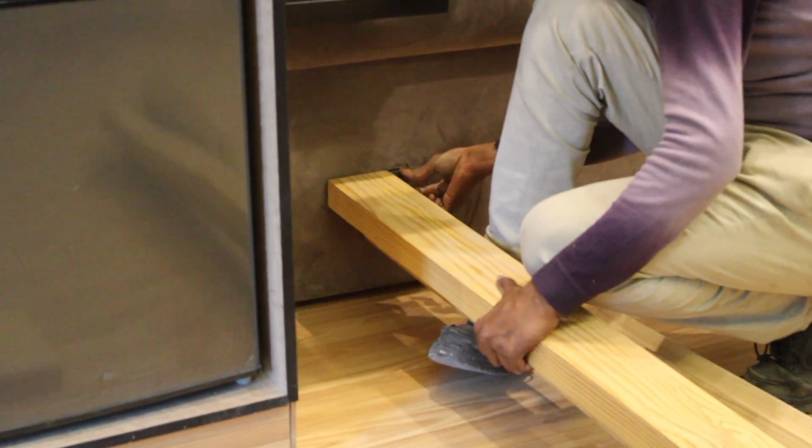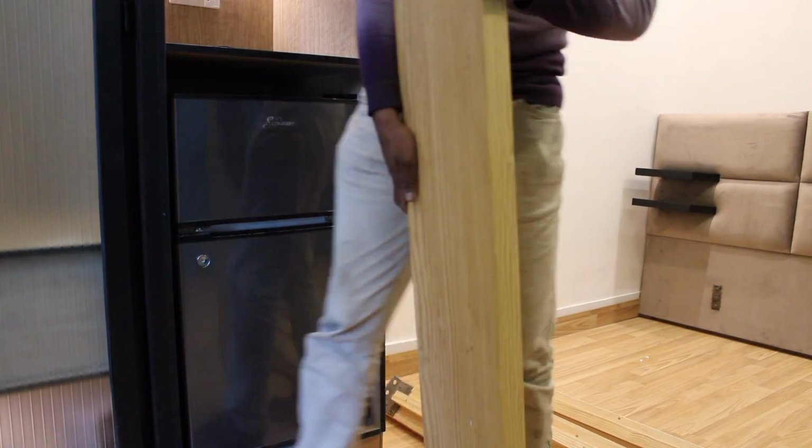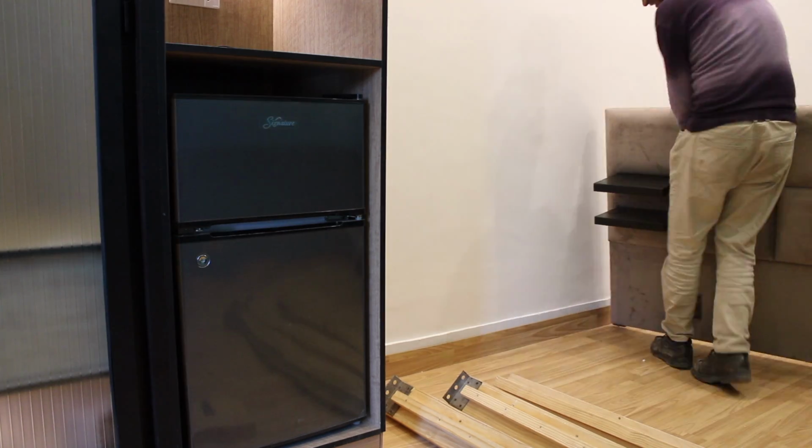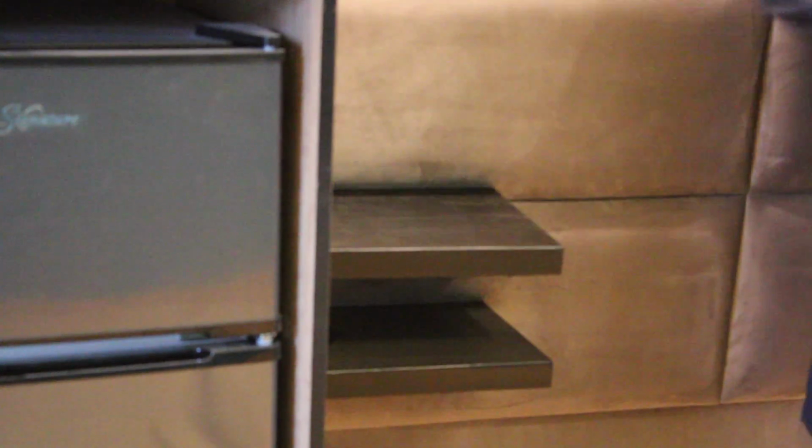The fabric that we used was suede. You could also replace that with velvet as well. You can get the same look, but make sure that the velvet isn't a shinier velvet, it's a matte velvet. And the shelving that you see that's installed on the headboard, that's also MDF, the same material that we used for the wardrobe. The bed frame itself was also made of wood, ash wood